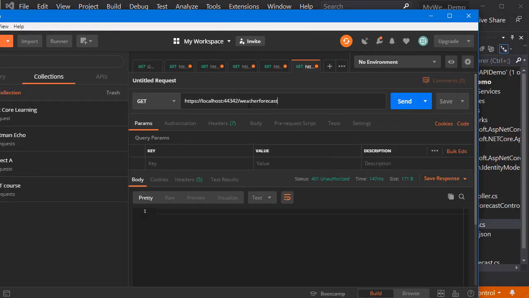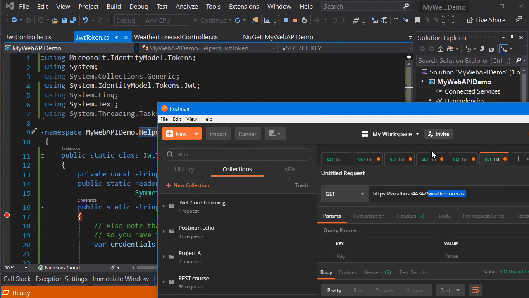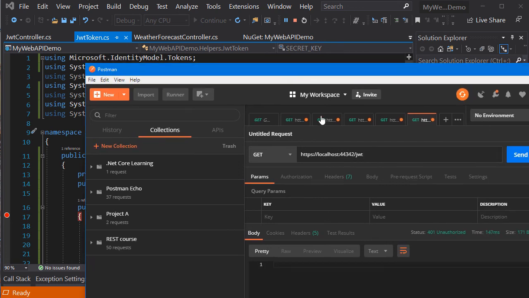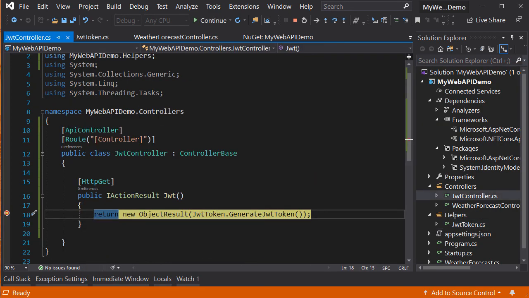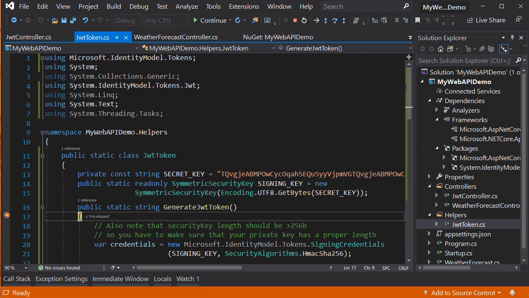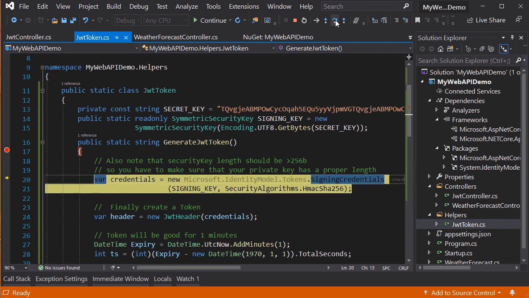Okay, the controller is called JWT. There's the name of the controller. Alright, so let's hit send and it is hitting that. Let me go inside. Okay, let's step through,